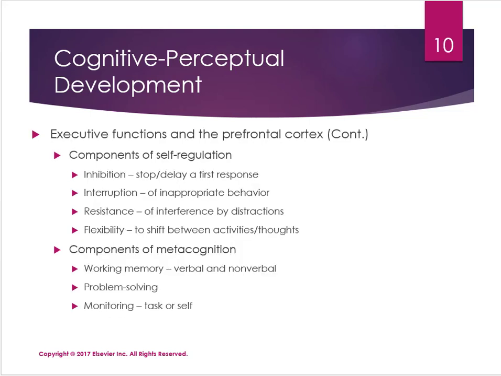Components of self-regulation include inhibition, which is the stop or delay of the first response, interruption, which will help make a brief pause in inappropriate behavior, resistance, helping to not be distracted, and flexibility, which is the ability to shift between